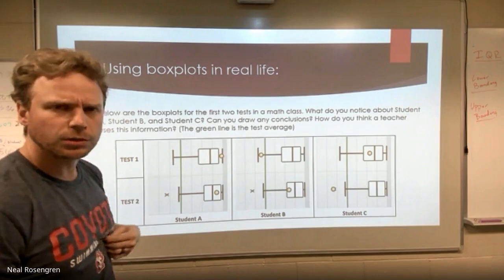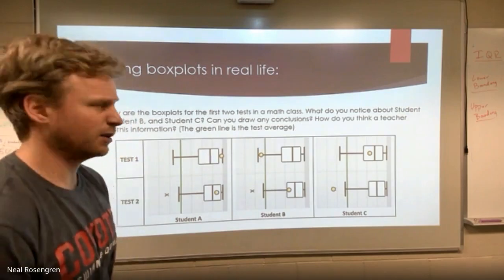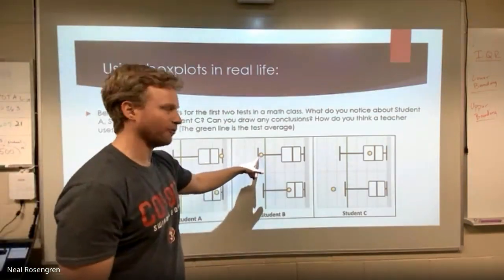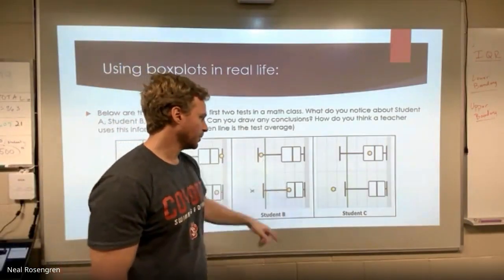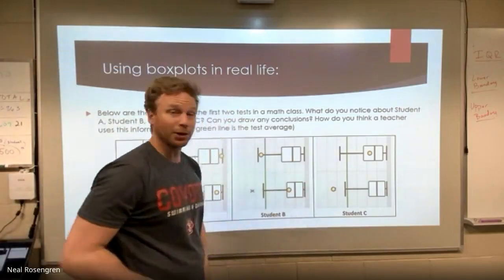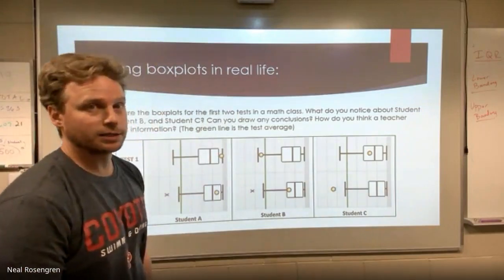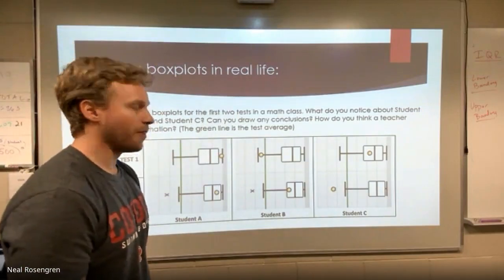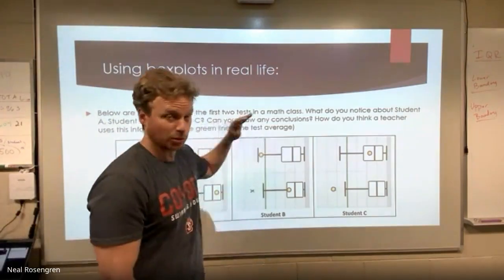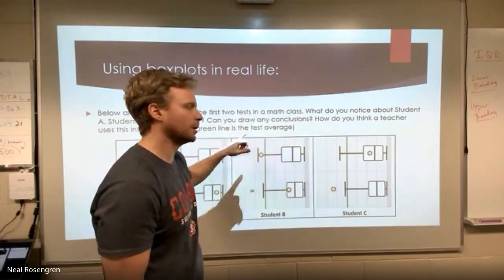Anything else you notice about student B or student C and how they did from one test to the other? Student B did better on test 2 than test 1. Way better, right? They were almost at the very bottom in that first test. And then, still not the maximum grade or even the median, but a huge jump, right? Huge jump in how they did from one test to the next. And these are real actual students from last year. This student was really struggling